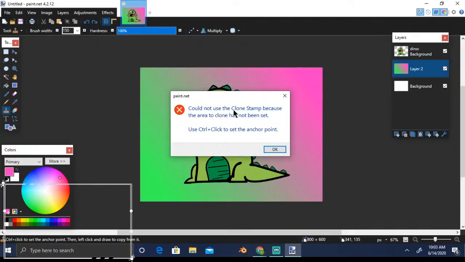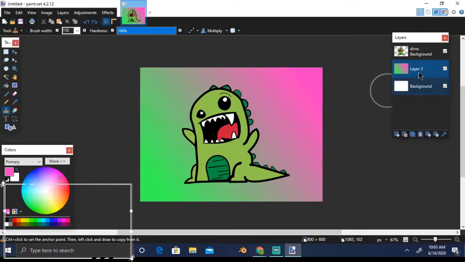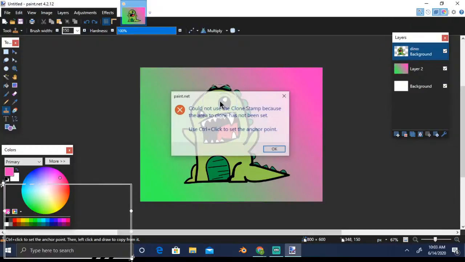Okay, so it could not select because the area is not set up. So I'll say okay, why? Because I have selected layer 2. Let me go to layer 1, with this image, and now let me click on this.